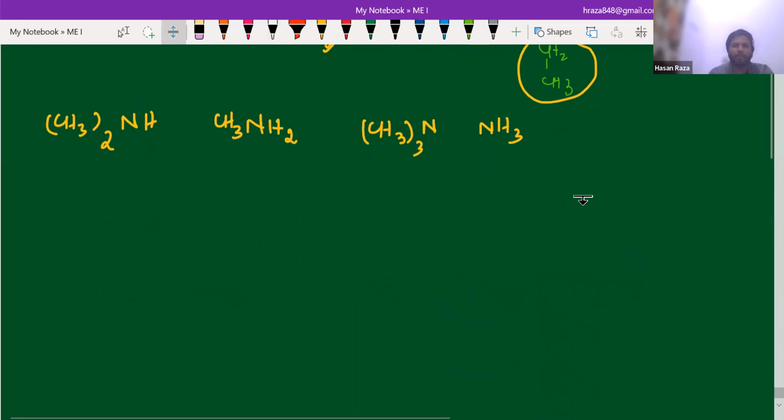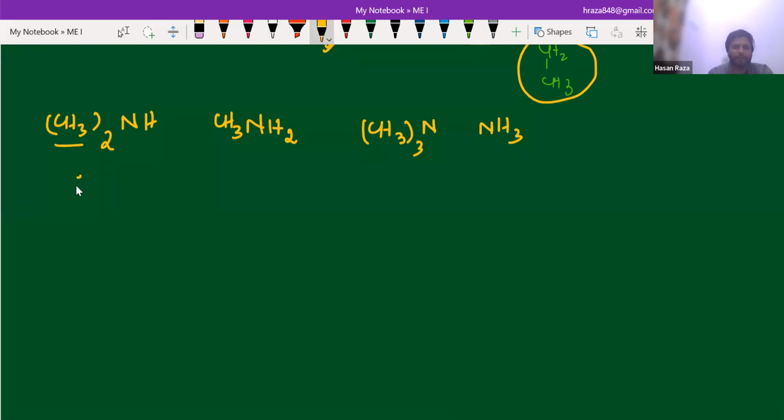Now I'm going to give you about this methyl. This is your 2 degree, this is your 1 degree, this is your 3 degree, and this is super primary NH3. So see which one is the most basic. In both cases, whether R is methyl or ethyl, the secondary is the most basic. In methyl it will be 1 degree and then tertiary comes, and after this